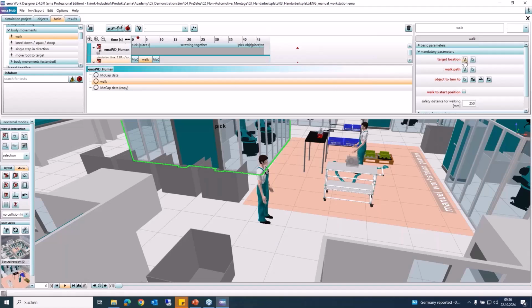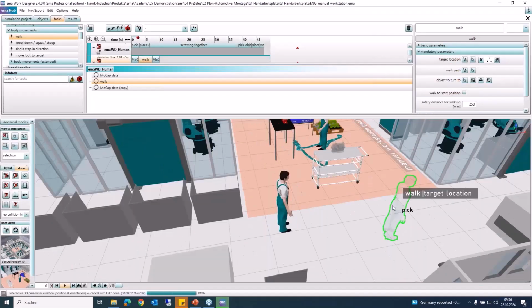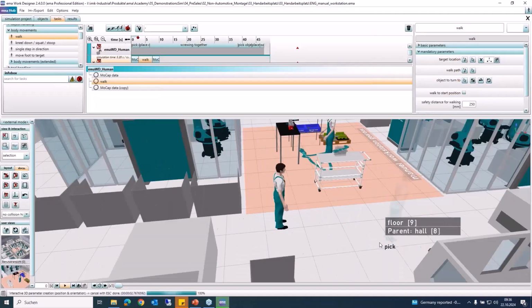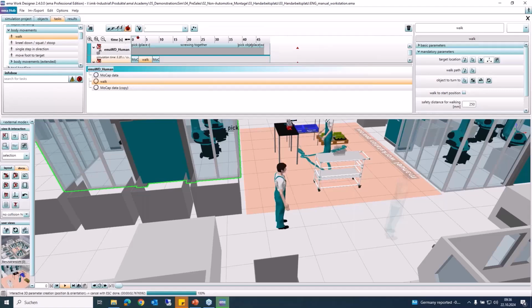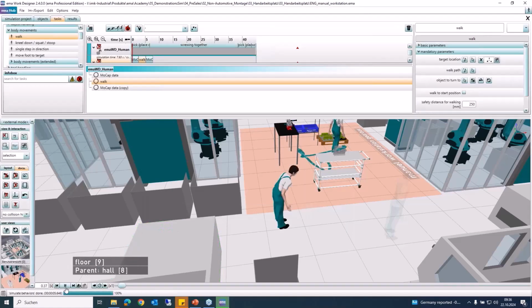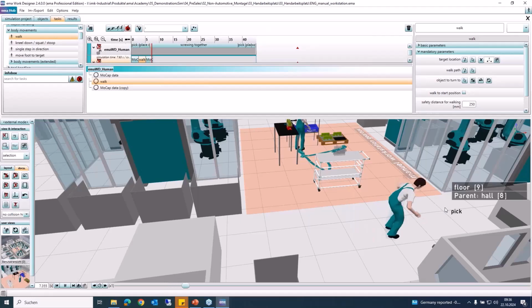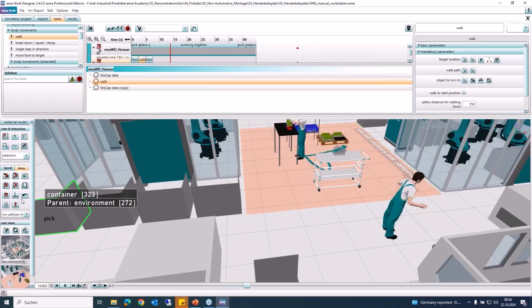And I say, okay, I need a new target location. I set a target here. It's like a shadow of the digital human model. And I simulate again. And now I have integrated another work task, automatically generated by EMA, but in connection with the AnyBody movements. And this brings me also to more